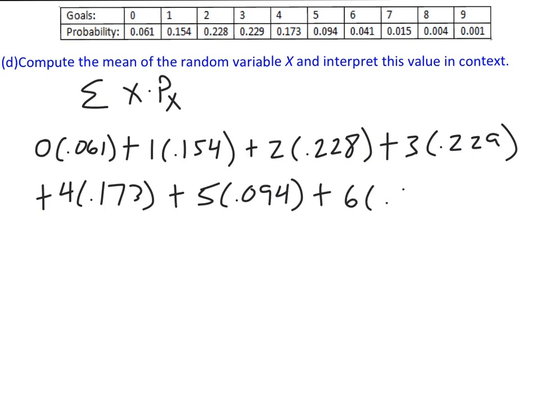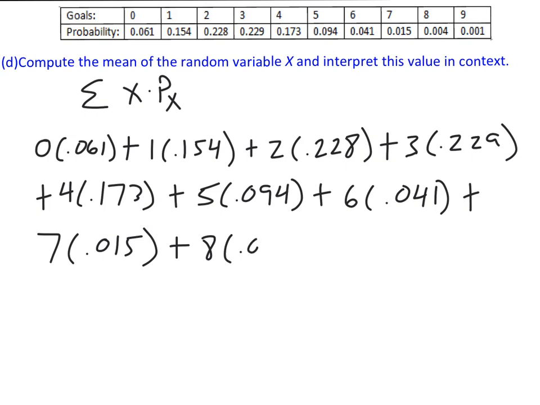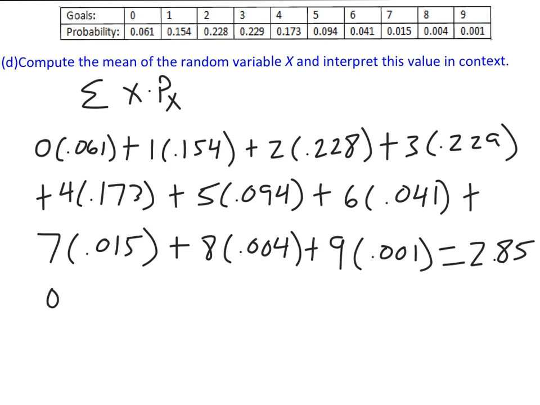This one example is going in your notes, so I want to give you all of them because I gave it to you with the definition. But here we go. We're still there, with 7, 8, and 9. Okay. Now, even just on your calculator, that's a lot to type in, which is why the calculator feature will use list 1 and list 2. Okay? I'll make a tutorial for it. I'll show it to you in class. All that mess would come out to about 2.85. So I would say, on average,